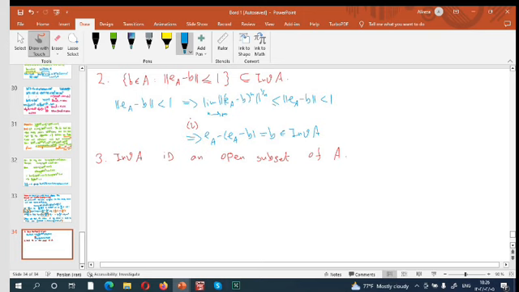For the proof of this statement, let A be an invertible element of A. Then for all B in A with this property